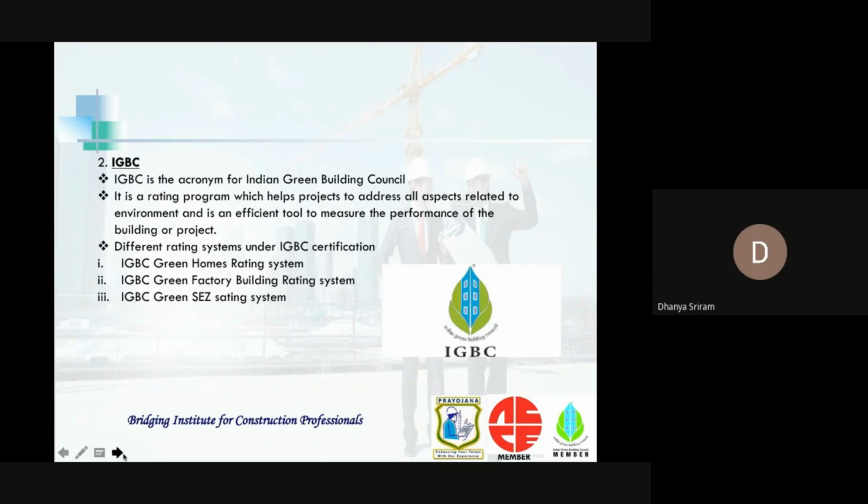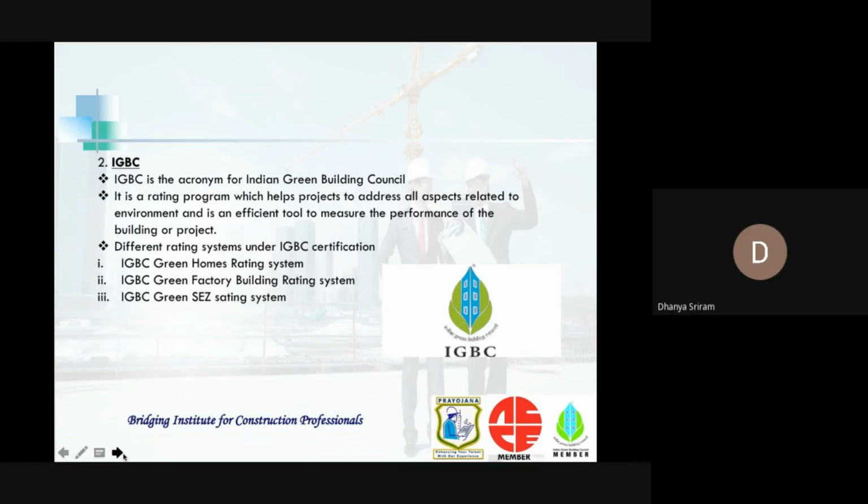The IGBC rating system addresses a few green categories. All these main points should be met so that it can become a green home. First is site preservation and restoration, site planning and design, water efficiency, energy efficiency, materials and resources, and innovation and design processes. There are almost 24 criteria in the IGBC for a home to be a green home. Of those, I have selected three: IGBC Green Home Rating System, IGBC Green Factory Building Rating System, and IGBC Green SEZ Rating System. Each rating system is divided into, next slide, sir,